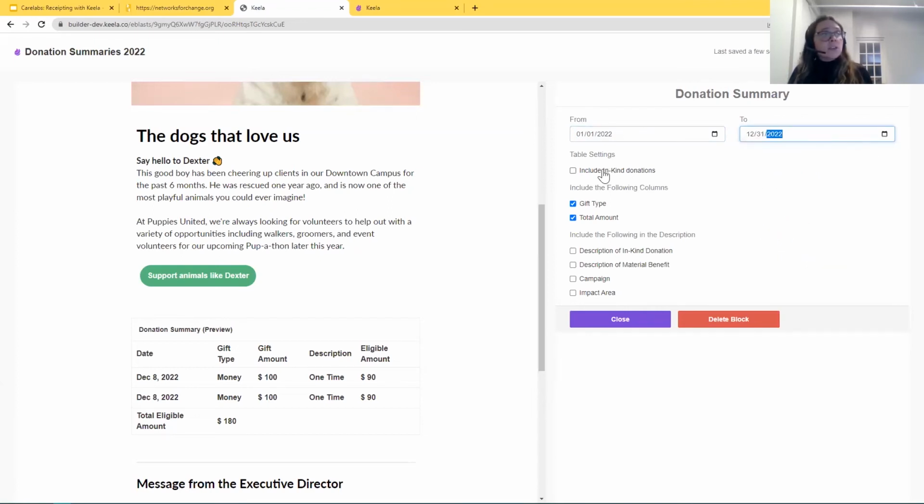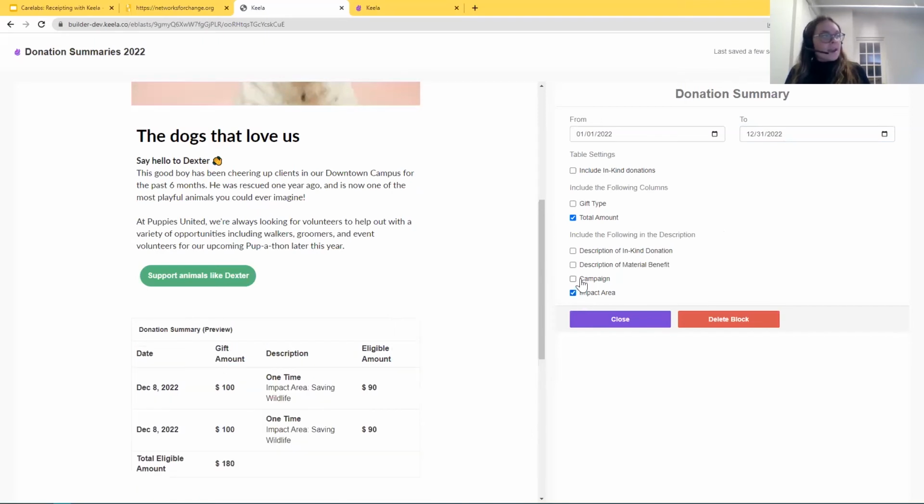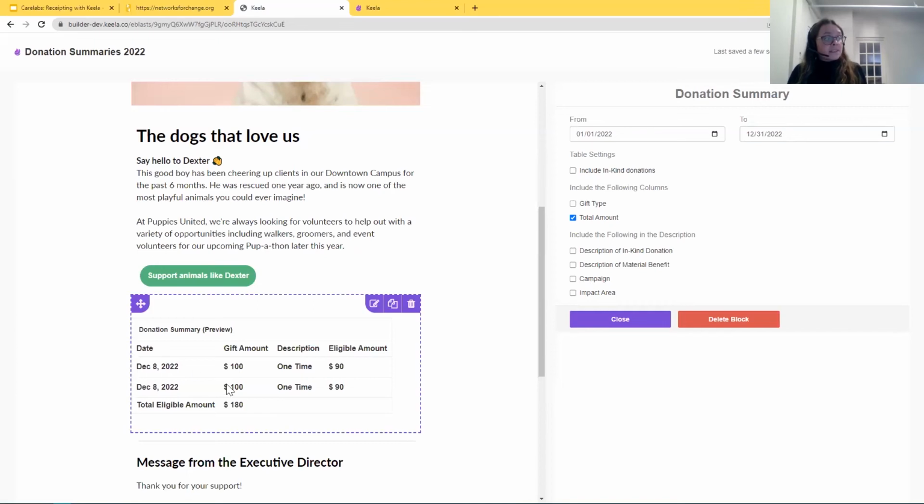You can choose to include in-kind donations. You can choose to have the gift type on there. I'm probably going to remove that. We've got the total amount, and you can have campaign, impact area, things like that. If you want to include that, you can. But this is going to automatically populate for each contact, and they'll have an email in their inbox that has